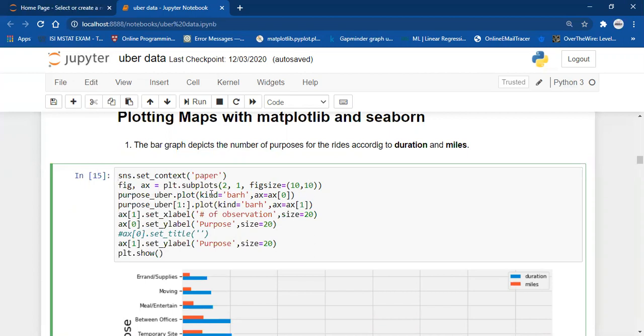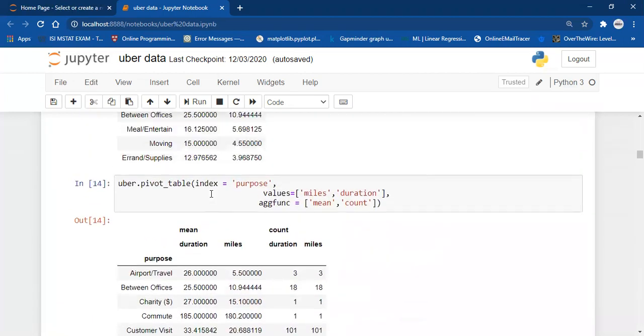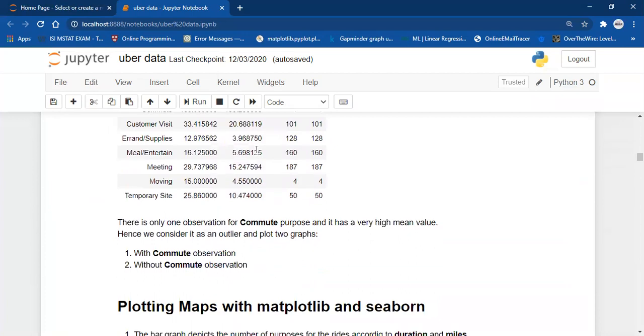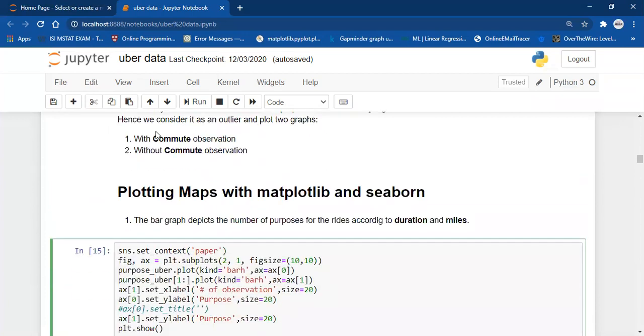So now if you look above, I have created one data frame, that is purpose_uber, with the help of pivot table, and I'm plotting that particular column. So we are plotting two columns, with commute observation and without commute observation, to identify what a single value with a very high mean can actually do to the visualization. It distorts the visualization.